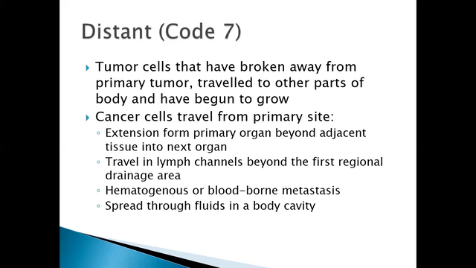This type of spread is also called implantation or seeding metastases. Some tumors form large quantities of fluid called ascites that can be removed, but the fluid rapidly reaccumulates. However, the presence of fluid or ascites does not automatically indicate dissemination of cancer. All right, there must be cytological evidence of malignant cells in that ascites